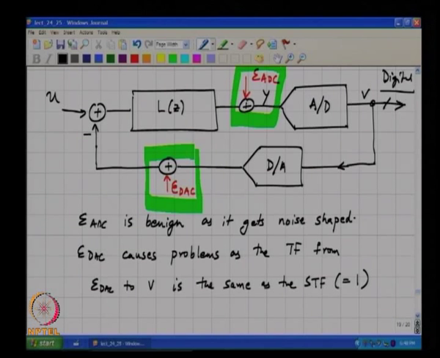So, one of the penalties of using a multi-bit DAC or a multi-bit quantizer inside the loop is to add this error E DAC, alright, which as I said is a nonlinear function of